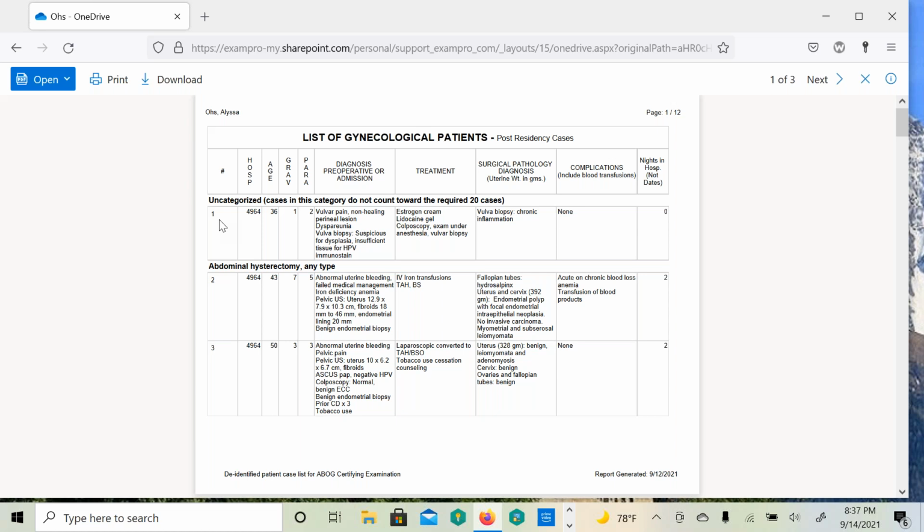Okay, sure. So given that differential diagnosis, it sounds like you're going to biopsy it. Would you do any other testing at this point while you're getting the biopsy? So yes, I would get an infection panel: gonorrhea, chlamydia, vaginitis, HSV. This patient had already had that testing prior to seeing me. Okay, sounds good. And of course a pap smear as well, making sure that her other preventative care is up to date. Sounds good. So it looks like you did a colposcopy and you biopsied this, and it actually came back very non-specifically with chronic inflammation. How does that define your differential diagnosis any further?